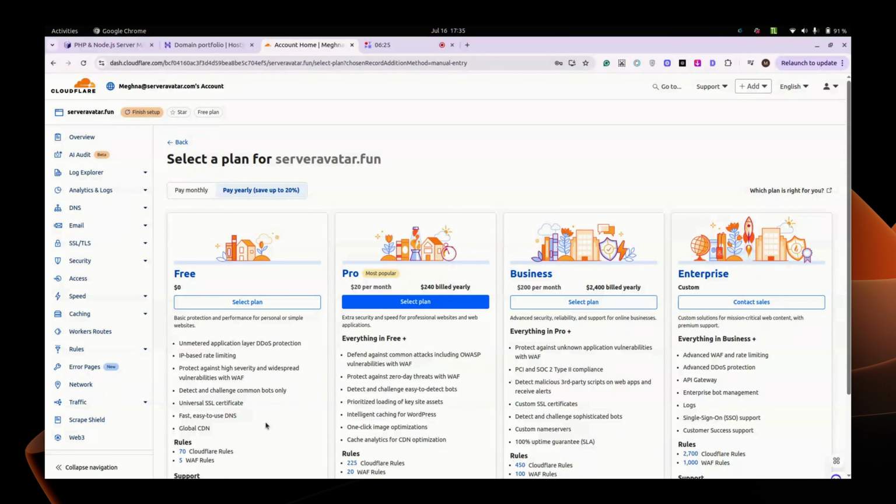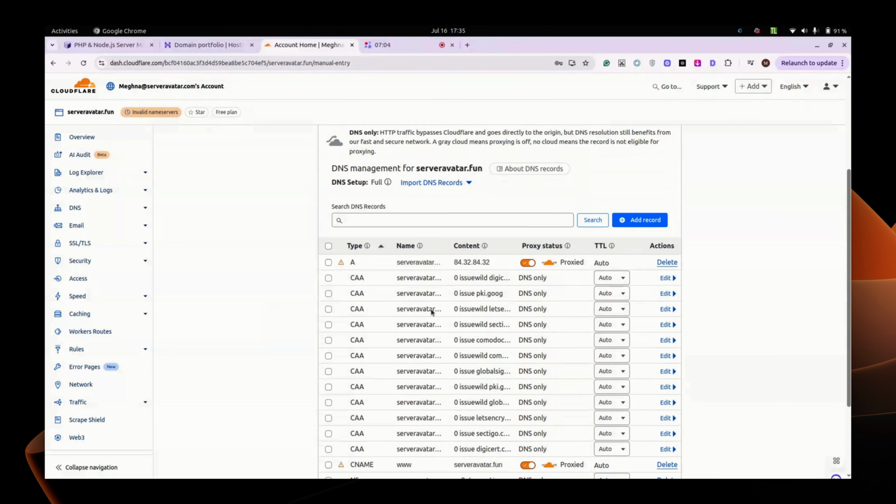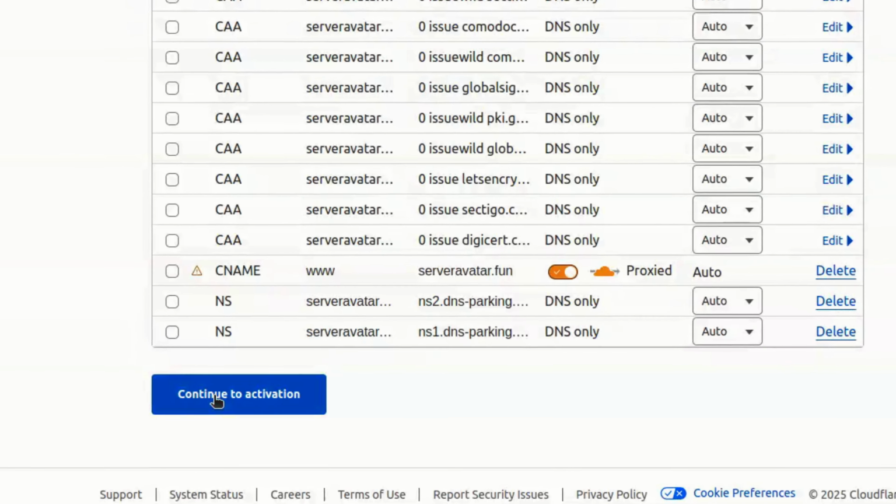It will ask you to select a plan. Here I am moving forward by selecting a free plan. Cloudflare will scan and import your existing DNS records here. As you can see, all the records are listed here. So simply click on the continue to activation button.